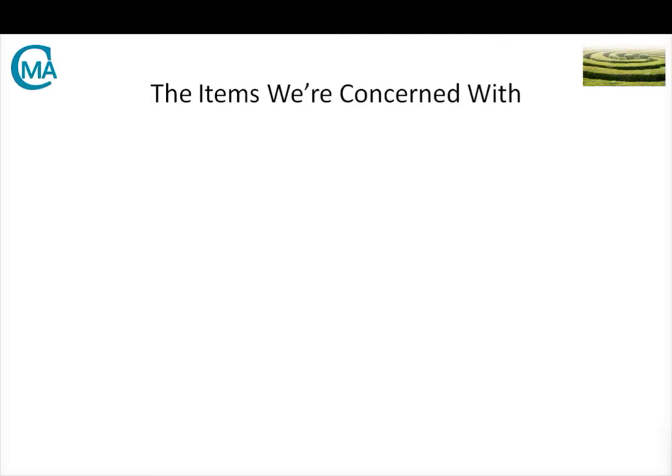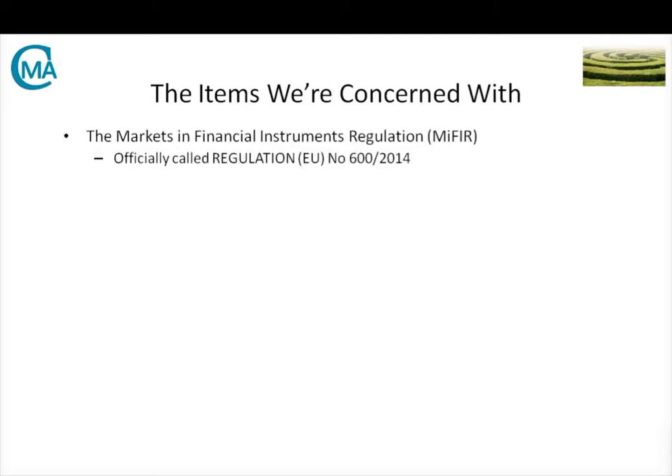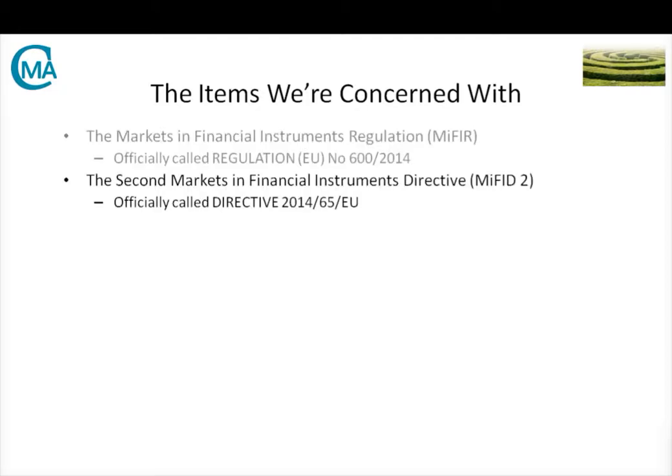So let's understand a bit about the way this all gets put together in the European arena. The European Parliament passes either something called a regulation or something called a directive. Regulations have to be passed by the member states as is without change. Directives, the member states have to pass something that accomplishes that directive. And it is those rules that actually are applied to market participants. So here are the items that are out there.